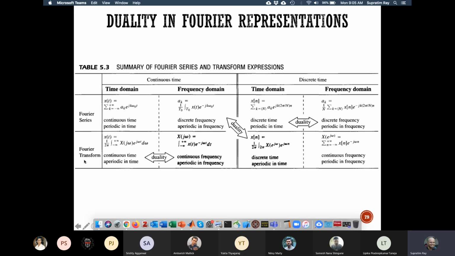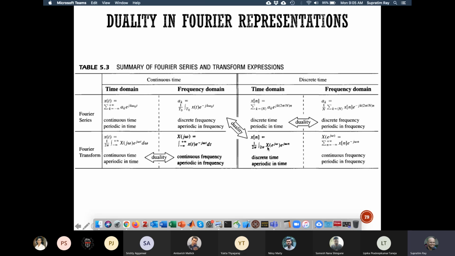Then we talk about Fourier transform, which is for continuous but aperiodic signals. And then the Fourier transform is continuous in frequency. So this is discrete in frequency, this is continuous in frequency. And the formulas, as you see, are quite complementary. So there's a duality there. You can see that it's just a sign change here, e to the power j omega t, and this is